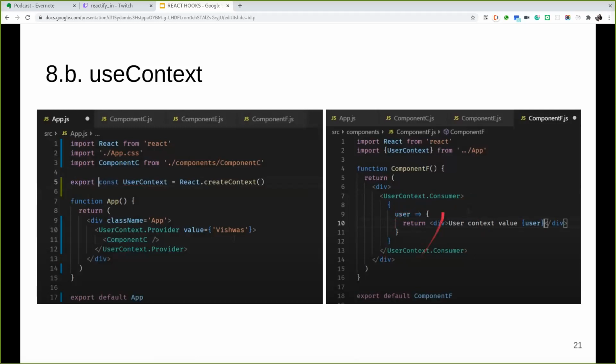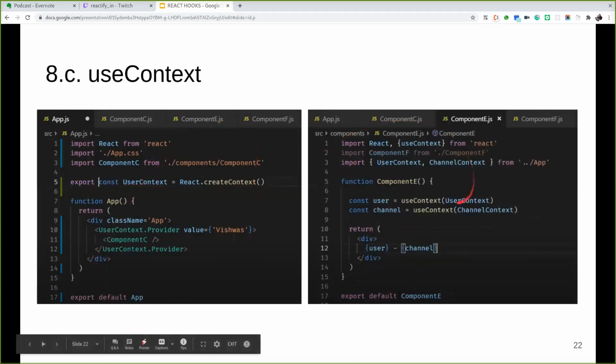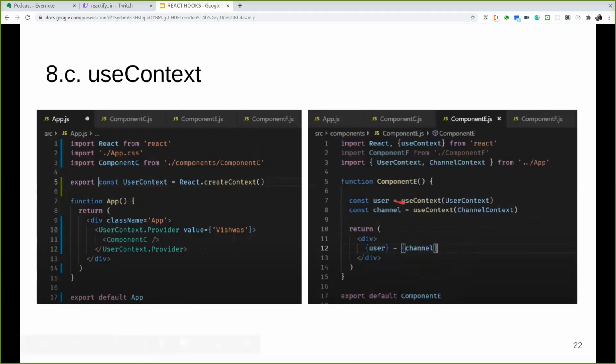But if you see in this method, there is a lot of nesting going on. We have one less layer of nesting because I'm just passing a single value. But if we are passing multiple values, the nested structure goes on, it creates a lot of confusion, and the code becomes kind of messy. So what hooks do is, they don't change anything in the provider context, but in the consumer context, we use the useContext hook to minimize this code.